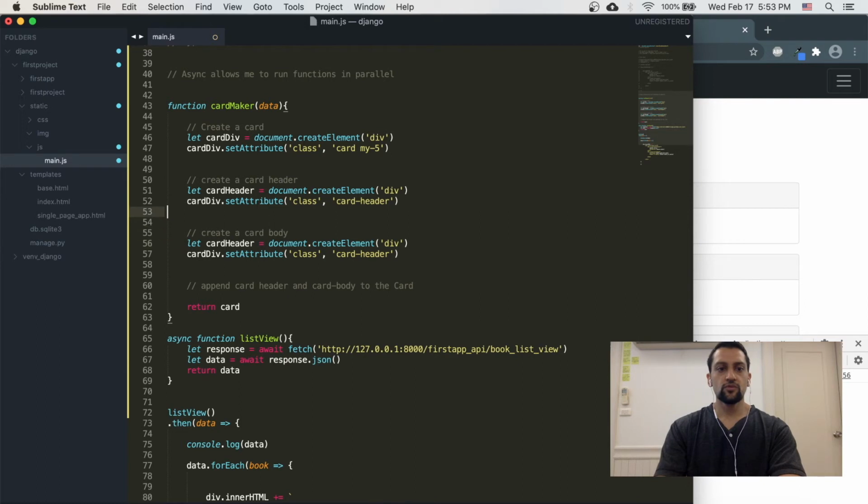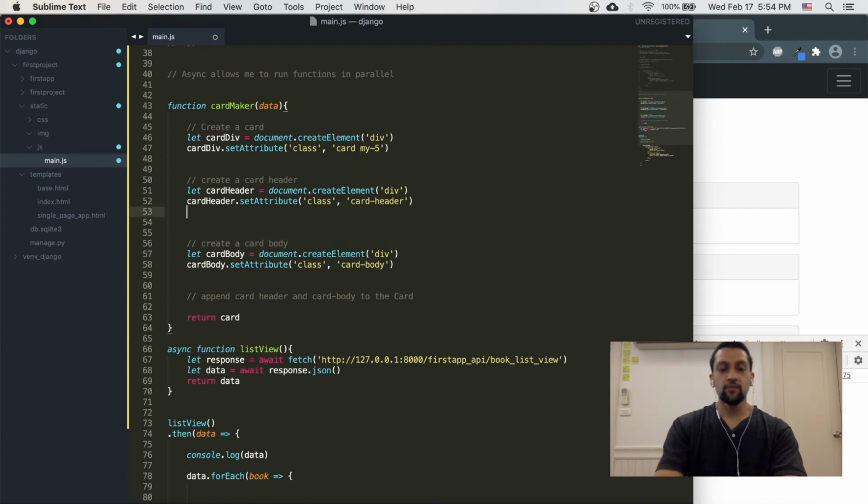So card header และทีนี้ card header card body และนี่คือ card body. Alright, so มี card div, card header, card body และมี card body card header and card ธรรมดาครับ